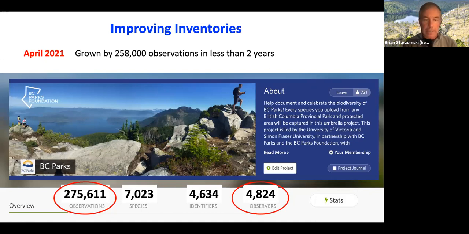So this is where we're at today, just over 275,000 observations of over 7,000 species. But crucially, these other 2 numbers are really, really important. There are almost 5,000 people who have contributed to this project, this big, what's called the umbrella project. So the project that is for every single, all 1,034 of those provincial parks. And I noticed of the people in the chat or on the call, many of you have contributed to that,